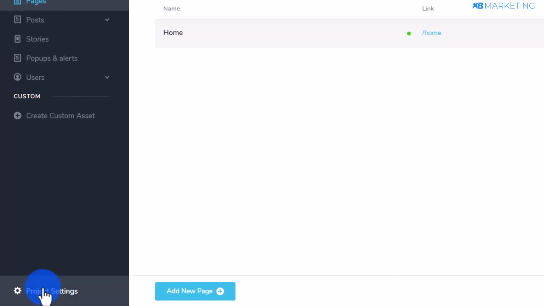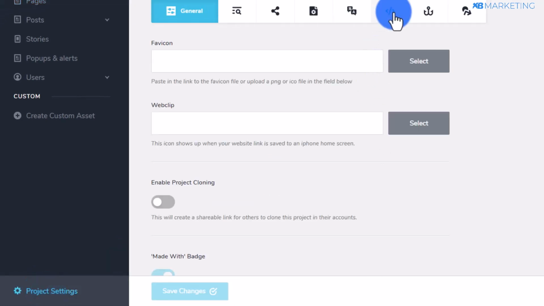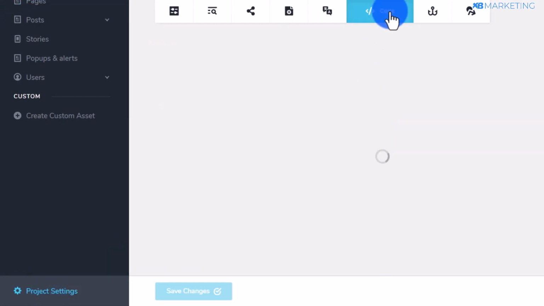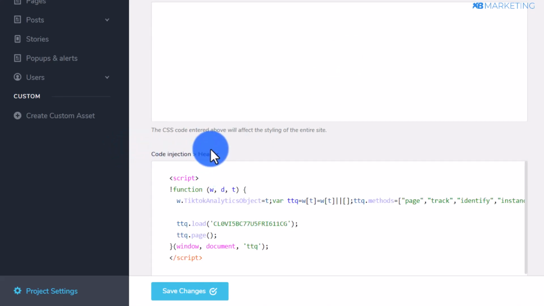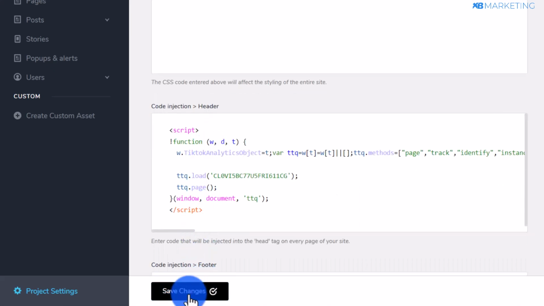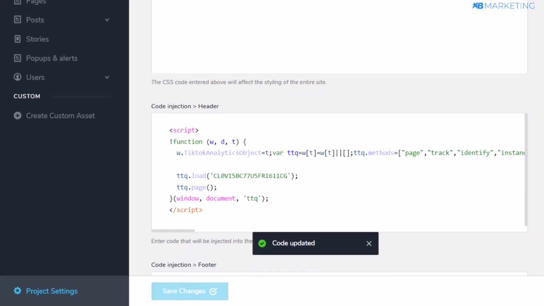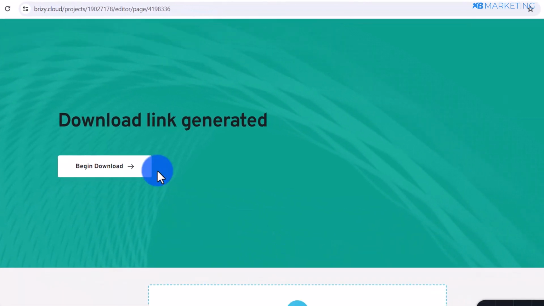So once you do that, you want to also click on this project settings, and you want to also come over to this code as well. So once you come over to this code, all you need to do is to scroll down and locate this code injection header, and you want to paste in that TikTok pixel right here as well, and you want to click on save changes. So once you do that, this is all you need to do on your landing page,